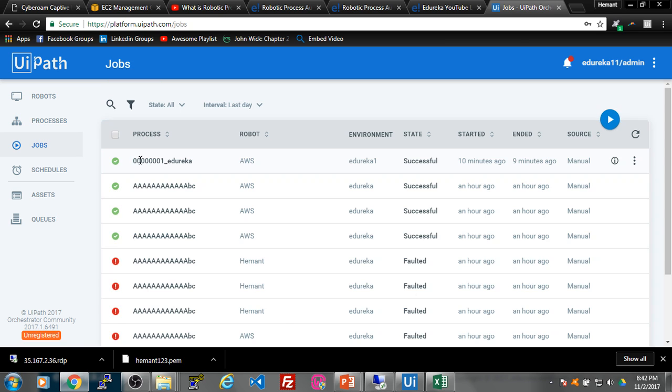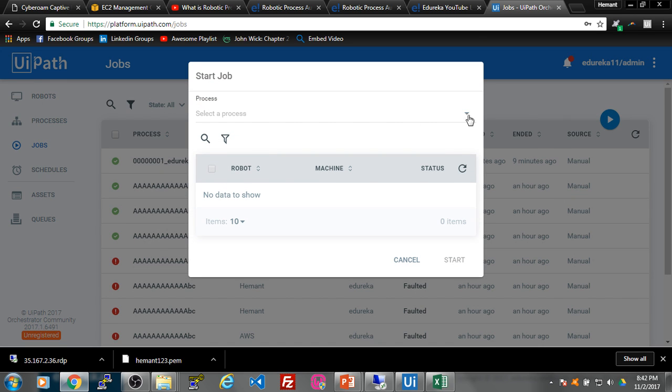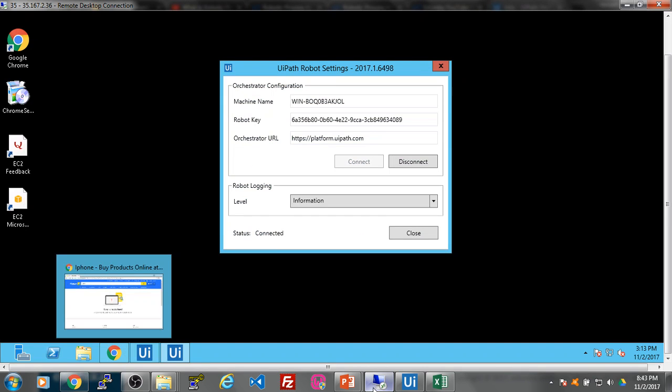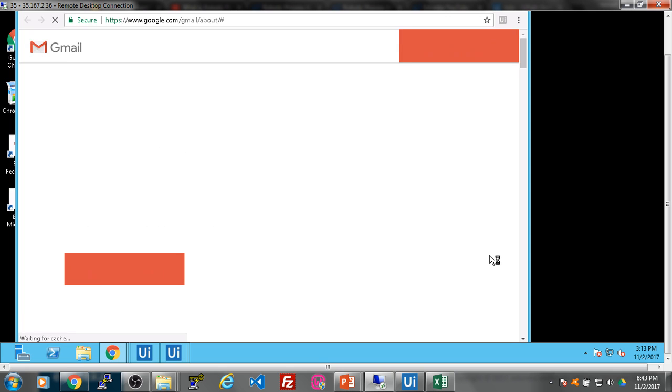Let's try to run this process now on my AWS machine. Alright, so I'll select the process, which is this. I'll select the machine where I want it to run on, and I'll click on start, and let's hope for the best. Let's hope our project runs. So I'll click on start now. So the command has been sent. So let's wait for our